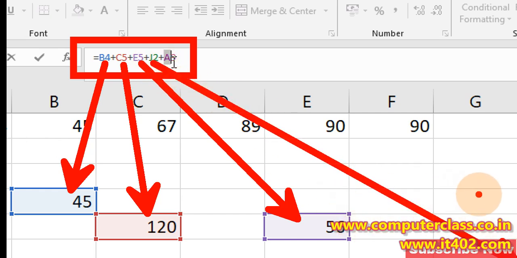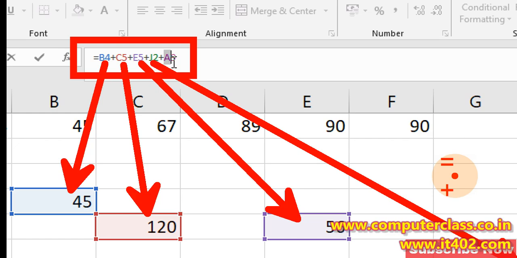And who is doing the work? The plus operator is working, with equal to. First, equal to is the necessary one, and second is the plus operator. So I hope you understand this before any formula. Once we learn this small thing, after that we will directly go to the formula. So let's now start with the help of formulas.